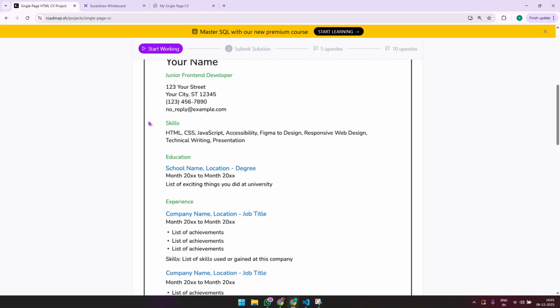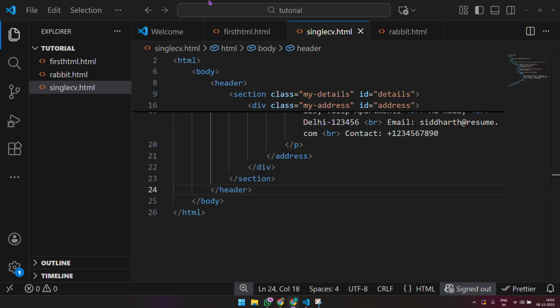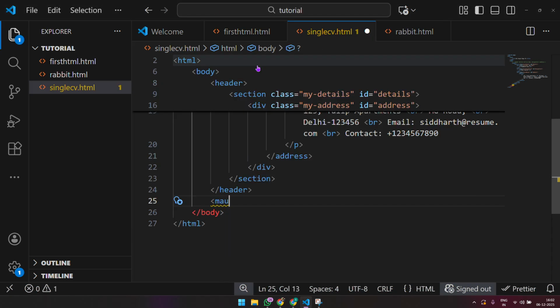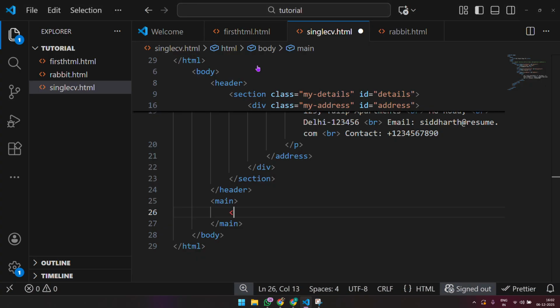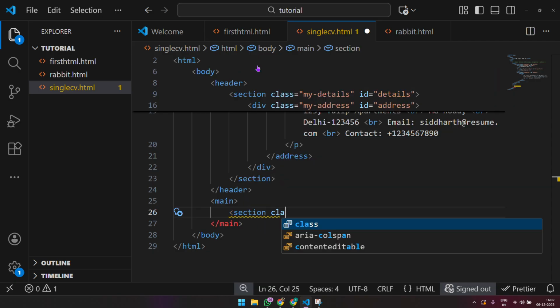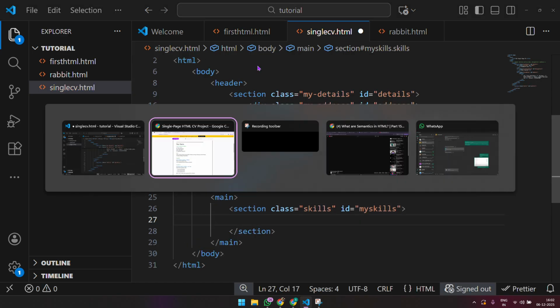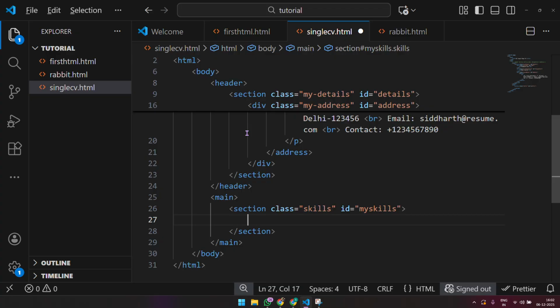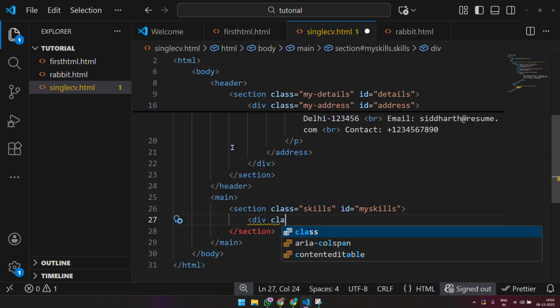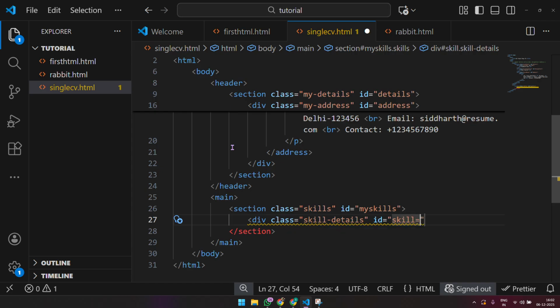So something like we'll go and create a main section, right? And under the main, we'll first create a section, class equals skills, id is equal to my skills, right? And it's just a regular statement, so I'll give it a div, class equals skill details, id is equal to skill details,